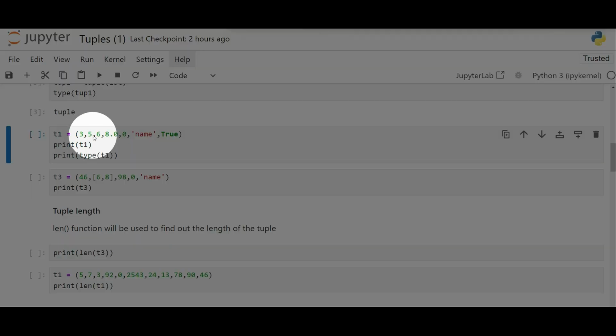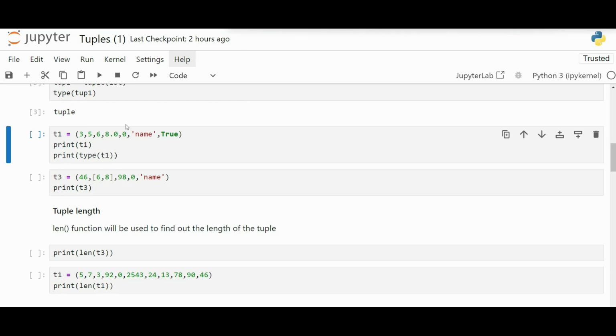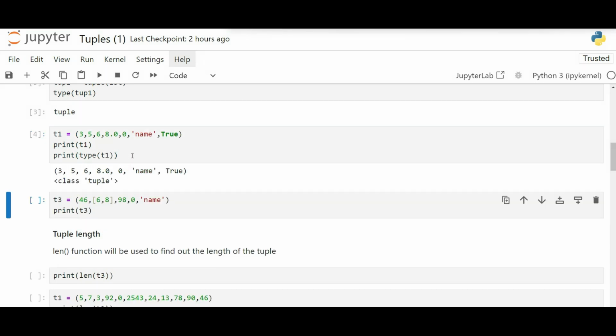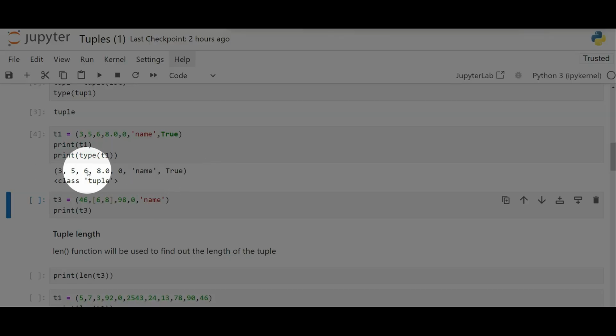So the next example speaks about how a tuple can hold multiple data types. You can see here this got created with various data types. We have an integer, a float, a string in inverted commas, and also a boolean value. We can print this and check it. This will definitely not throw an error. See here, this got printed without throwing any error,